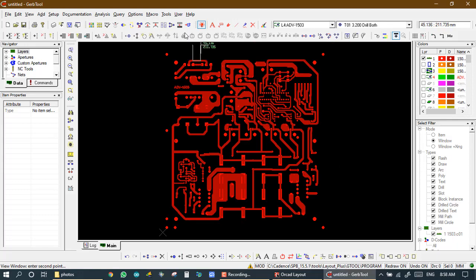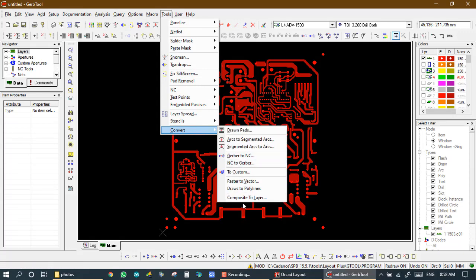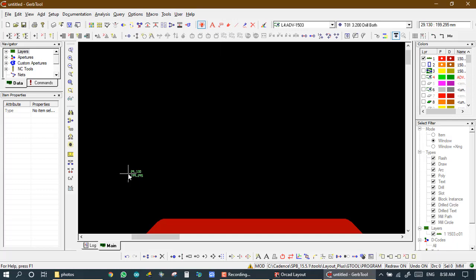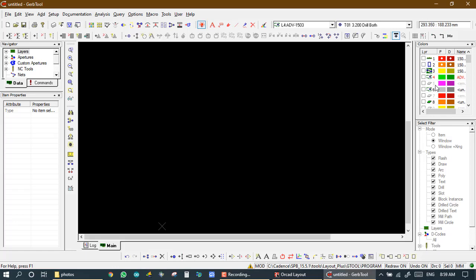Now we have another option, composite to layer. If we have any composite layer, then we don't work on the composite layer. So for a composite layer in other software, we first convert composite to layer. So first, for example, we make one composite layer. For the composite layer I set one dcode.